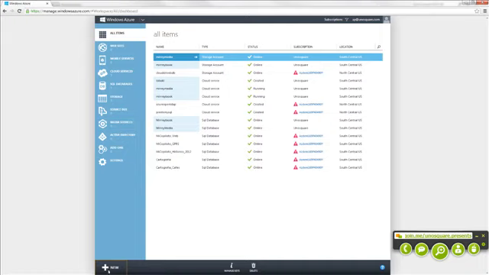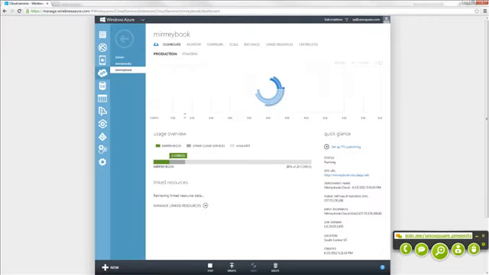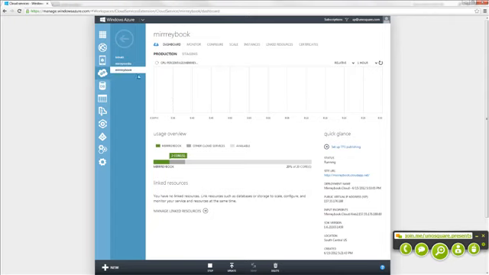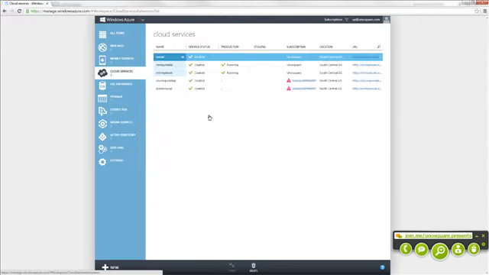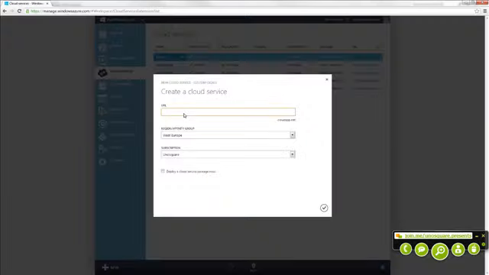Where are my cloud services? We can create a new cloud service, and we're going to go for custom create. We can specify sample